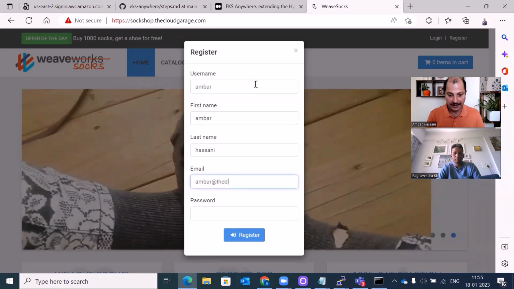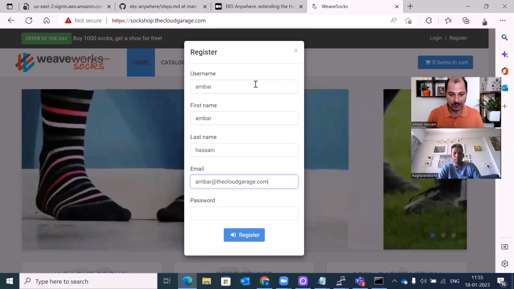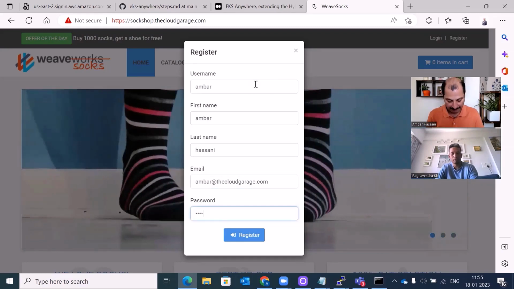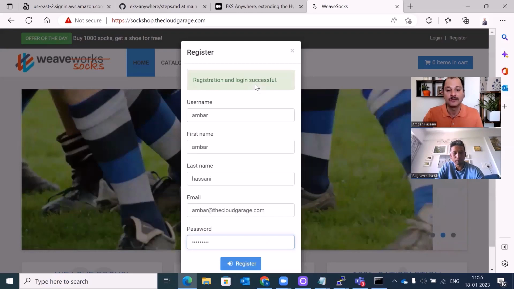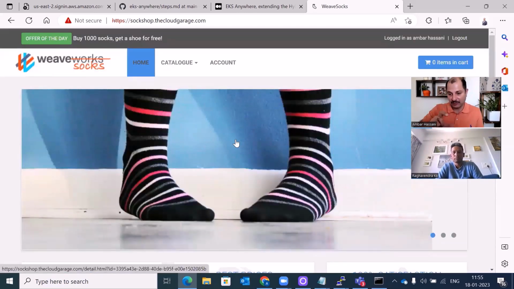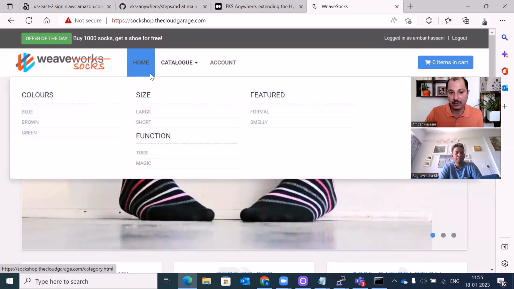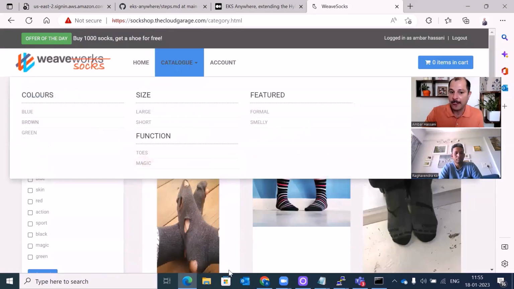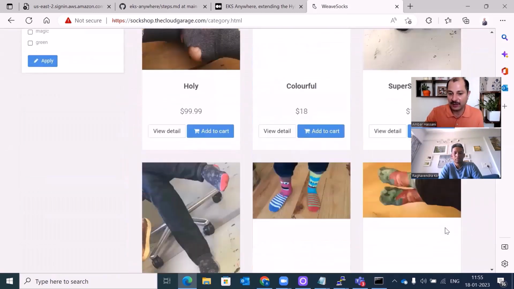Let's say the cloudgarage.com, and some password I can remove. You can see the registration is successful, which means the first microservice and the backing database, the user DB, is working, right? I hit on to catalog, okay, and I get a set of catalog items and all that,